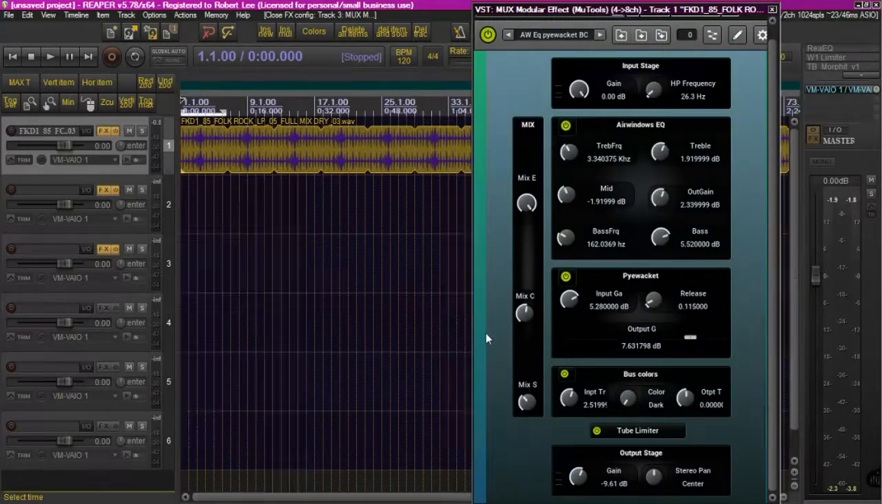Hey guys, I wanted to continue on showing you how to combine some Airwindows plugins with MOOCs. So what I've got here is Airwindows EQ combined with PyWacket combined with bus colors. Now I use the preset for the channel strip that actually comes with MOOCs, and I'll show you that here